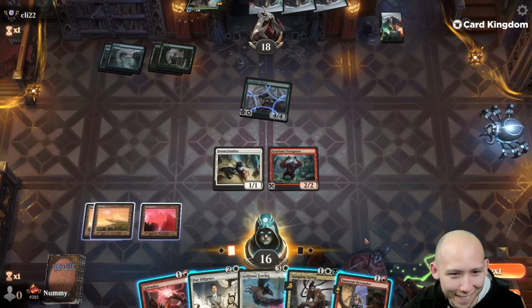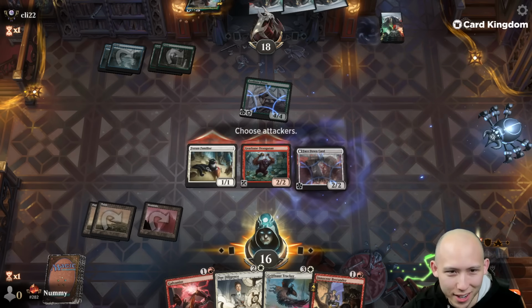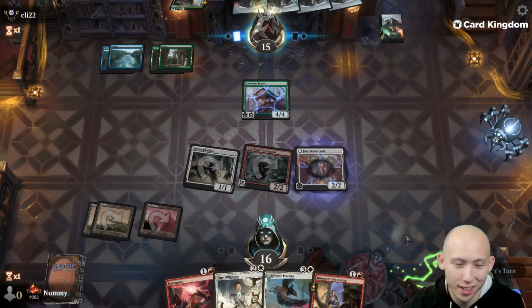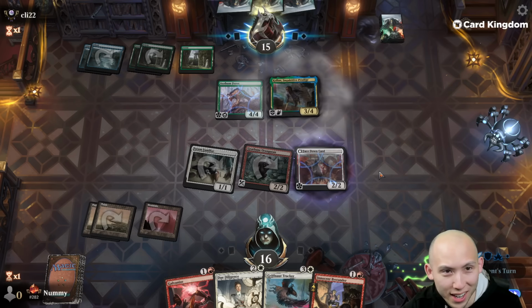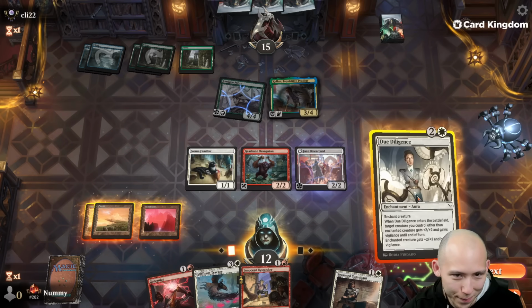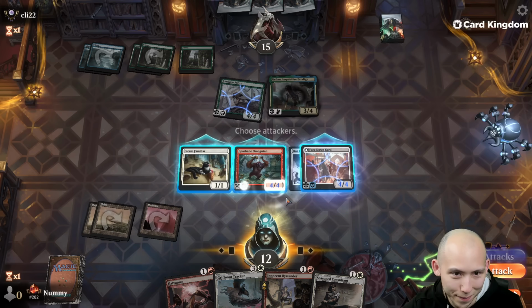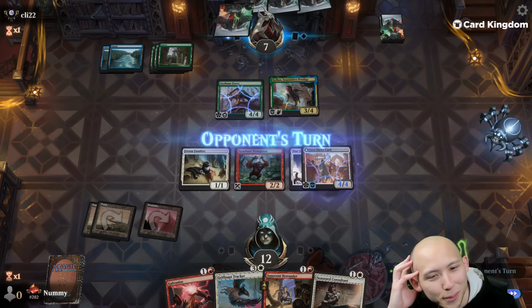Okay, well... That, my friends, is an Axebane Ferrex, which is a 4/4 Deathtouch Haste Ward. So they went turn 2 ramp, turn 3 Ferrex, turn 4 Kellen. Nice game. Funny thing is, I am still doing a decent job of pressuring, but...